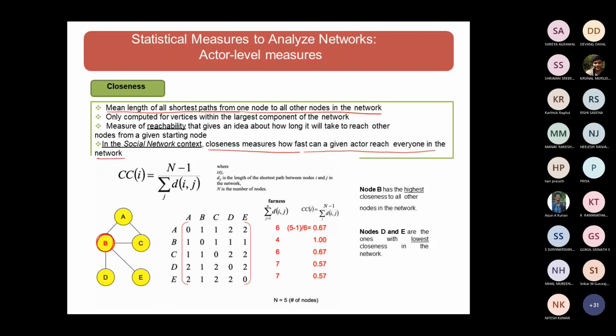We will say closeness is how fast a given actor can reach anyone in the given network. Say I have this web mining class. I have to find one person in this class who can pass some message, like a program representative or the class representative, because he is well connected with all other students in some WhatsApp group or through some mail or some other informal mode of connectivity.